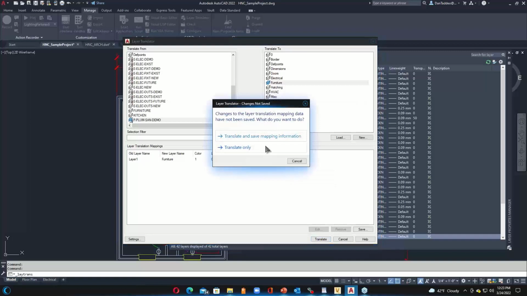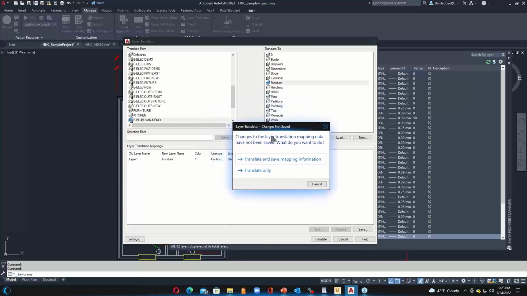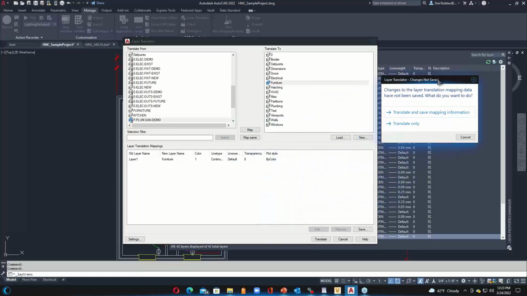And then I simply hit the translate, and it will go and translate. Now, what I'm getting here is saying, hey, save these settings. Basically, what it's talking about is saving the settings of the mapping, right? So I basically mapped a layer called layer 1 to furniture, so that in the future, if I were to ever run into that similar thing, I could save this, and all I have to do is load this